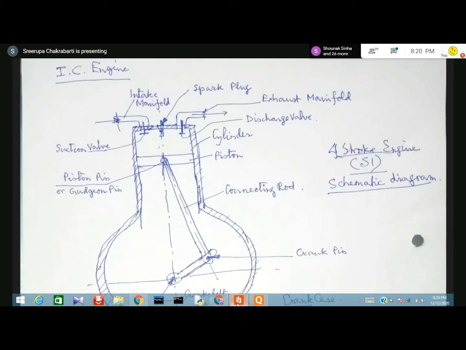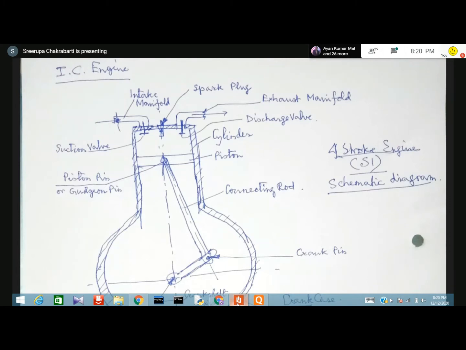And this is not possible with a battery. So what we are doing is that we are going to have an ignition circuit, an electrical circuit. I'll also discuss that. In that circuit, we are using a source of EMF, that is a DC battery. And that battery EMF will be around maybe 6 volts. And from that, we are going to generate 12,000 volts. For that, there is an electrical circuit. How it is going to be done, that is a different story. We will go into it much later.